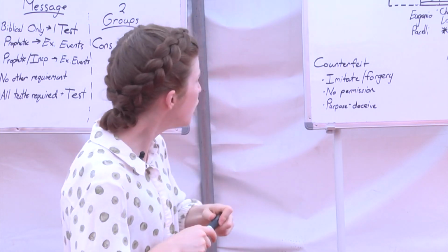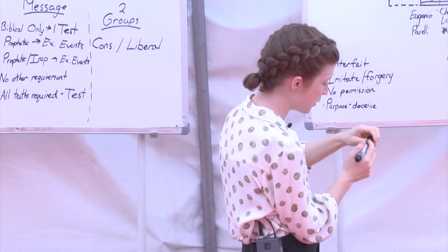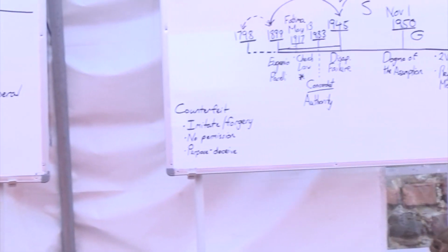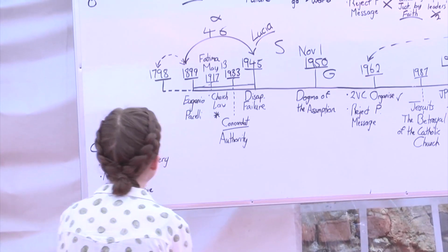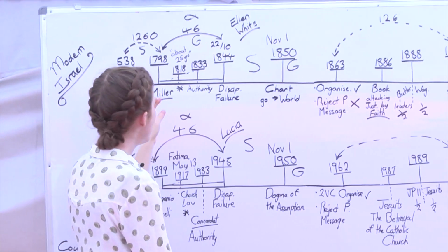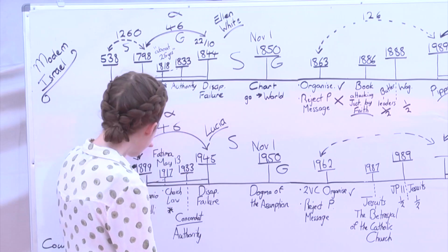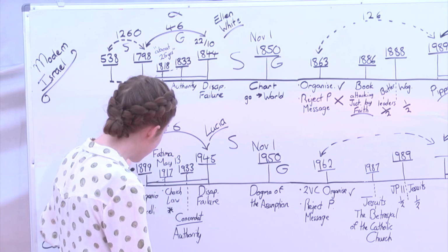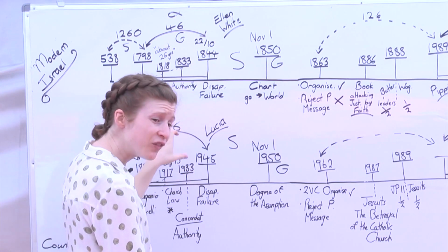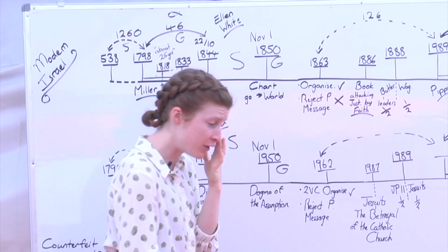Okay. So we did that particularly from this history. We looked at modern Israel and modern Babylon. We compared and contrasted the time period from coming out of captivity in 1798, and there's a raising up of a messenger, and there's the giving of the three angels' messages. We compare and contrast that with 1899, the raising up of a messenger, the giving of the three angels' messages. Is the counterfeit exactly like the true? No. When does Ellen White begin to have visions?